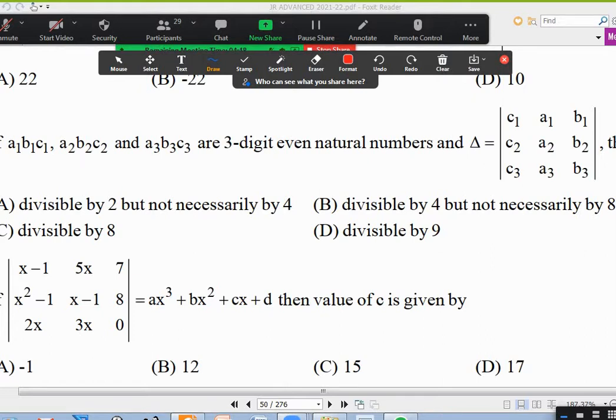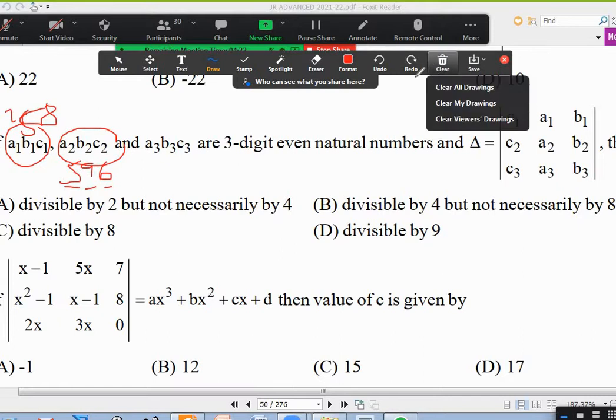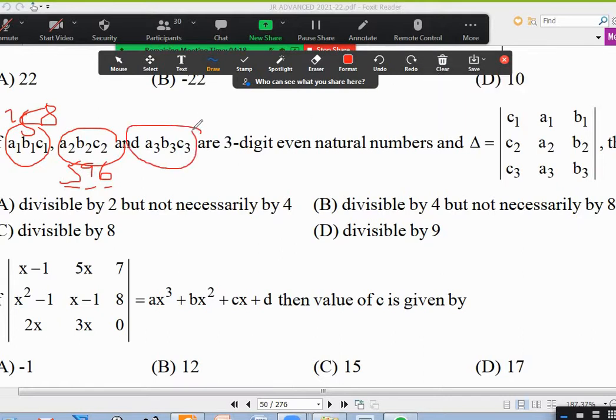It is a 3-digit natural number. Let me write on screen itself. A1, B1, C1 maybe I can take as, let us say, 758. A2, B2, C2 is, let us say, 596. That means this is the hundreds place, this is the tens place, this is the units place. A2 is a single digit number, B2 is a single digit number, C2 is a single digit number, but this is a 3-digit number. The place values are 5, 9, 6 respectively. Similarly, this is another 3-digit number. Is that question clear now?